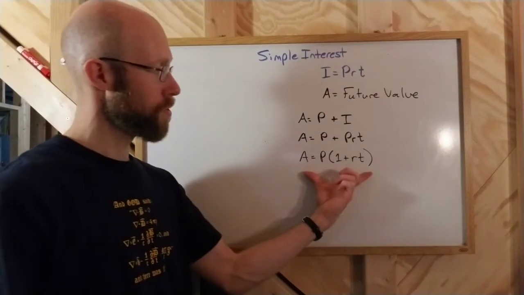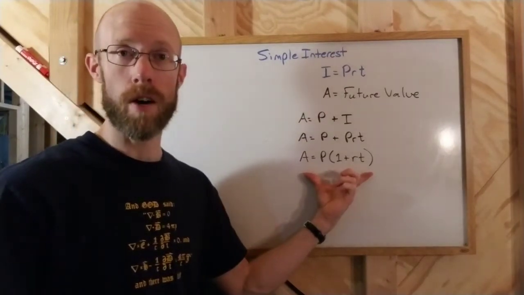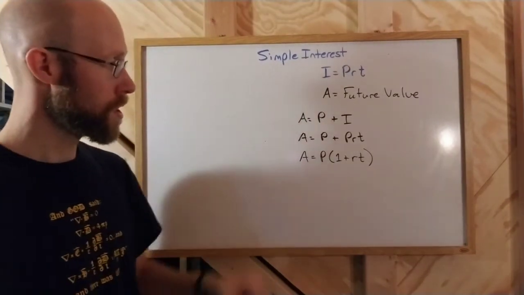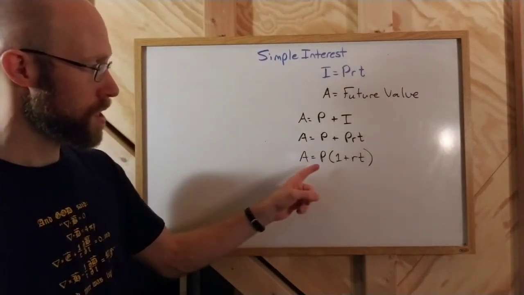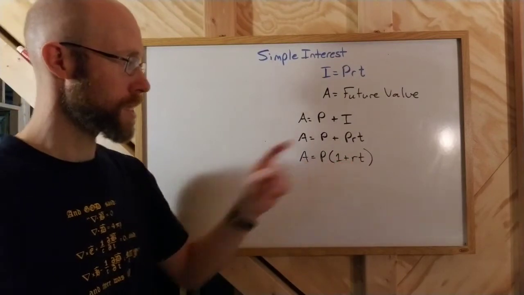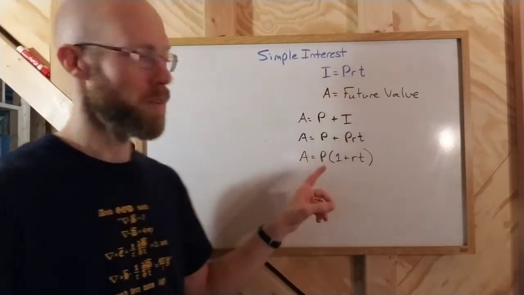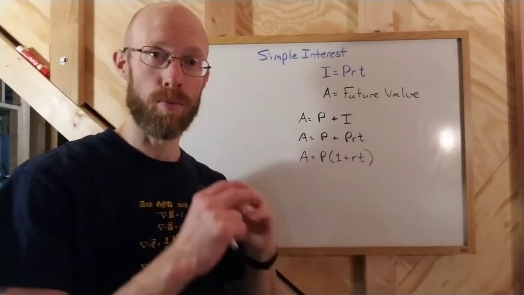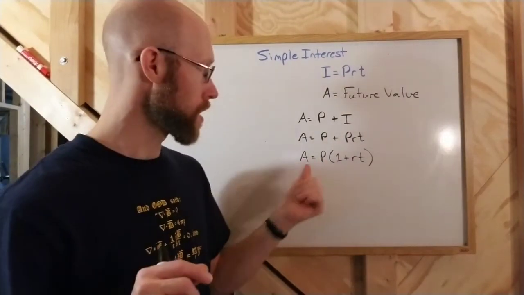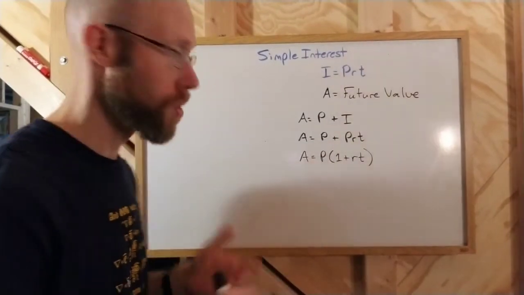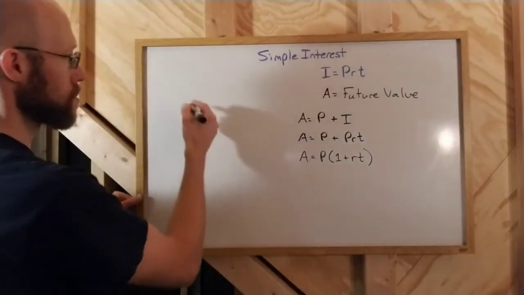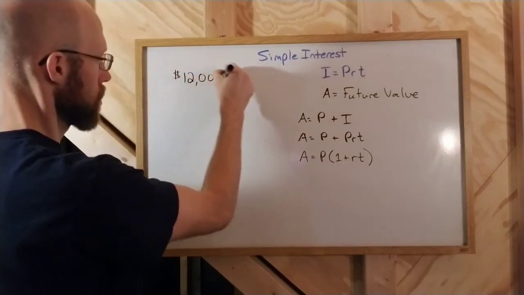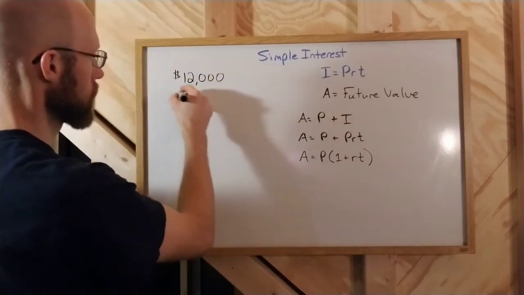Now this new formula, and this is our final version of the future value formula, is useful because now I can just take the principal, the rate, and the time, plug them in, and with one calculation it gives me the future value, okay? So for instance, if I wanted to deposit, let's say $12,000 in an account that's earning